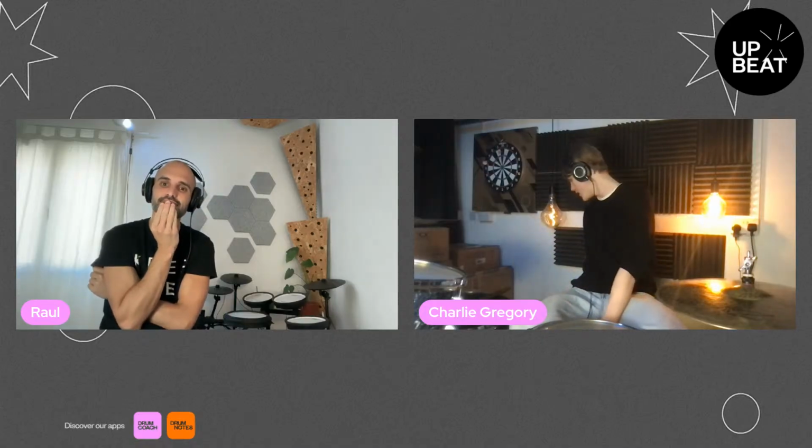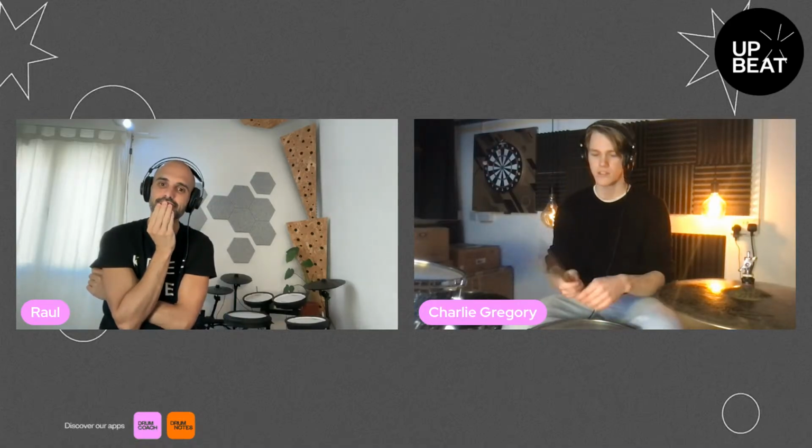Well, I was thinking about this. I think the easiest thing to do is think of them as patterns. Again, rudiments are great. So the first ghost note beat I would teach someone would be a paradiddle.